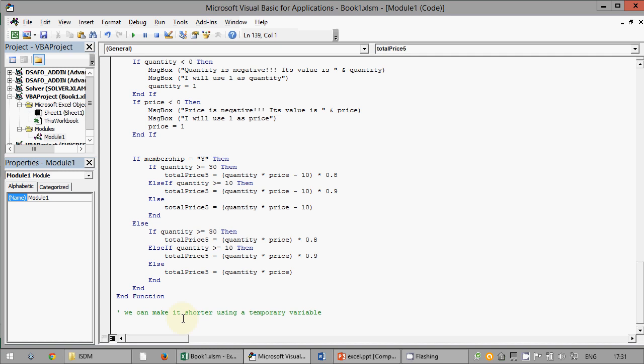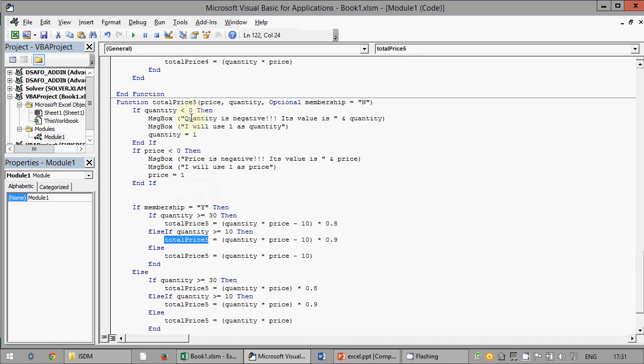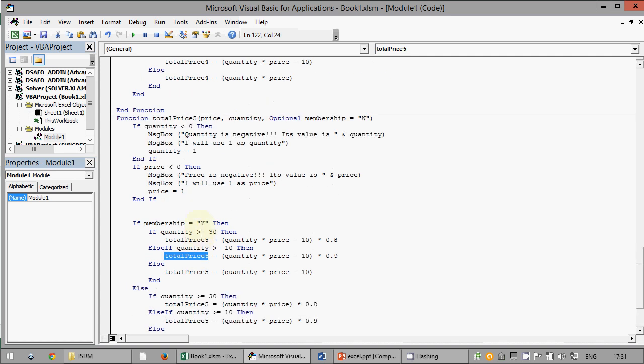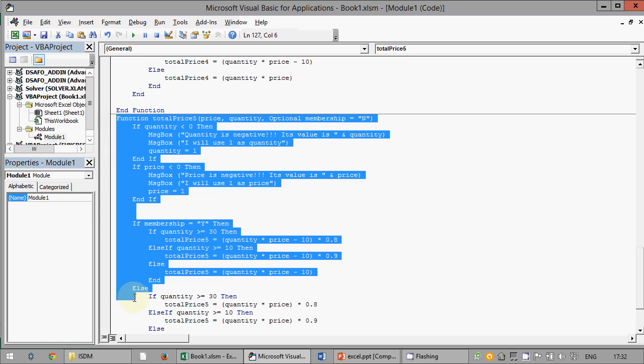Until now, we have never used temporary variables, so variables which are built inside the function and disappear as soon as the function is executed. We have only and always used the function name as the only variable. Okay, but it's not forbidden to use as many temporary variables as you want. Let's see.